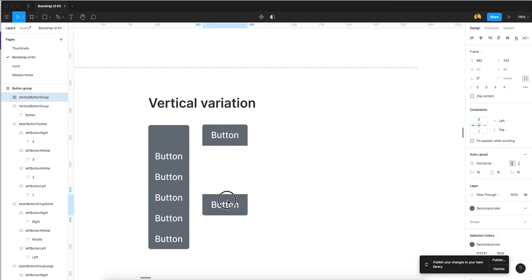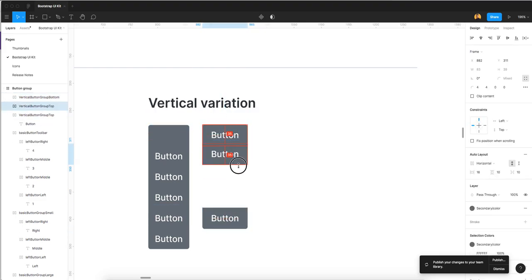This one is our vertical group top, and this is our vertical group bottom. Okay, and again I duplicate it, and we don't need radius here, 0.